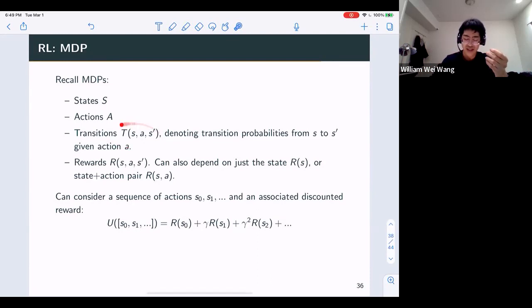Sometimes this can be deterministic, so you say, I try to move up, I always go up. Sometimes it's not. We would specify this in a problem. And then you can have rewards. This is your signal informing the robot how to act eventually. It needs to learn some way to act in order to get good rewards. In the fun example of a robot trying to learn how to fold laundry, it might get a reward every time it correctly folds a piece of clothing, or the reward might be proportional to how messy the fold is.